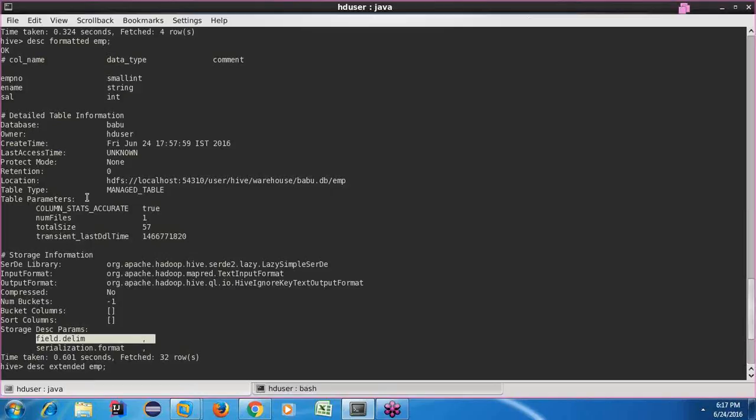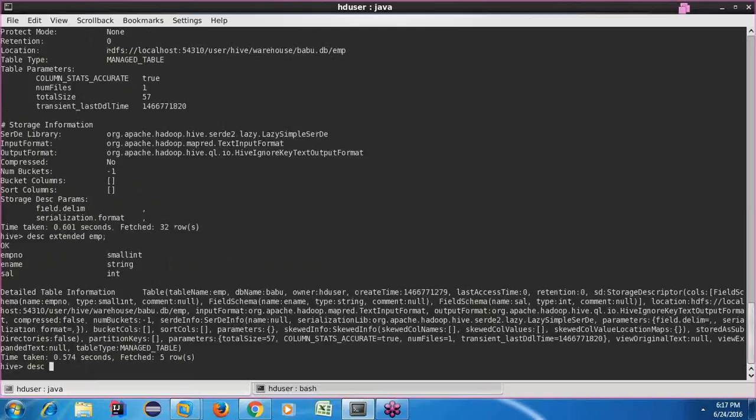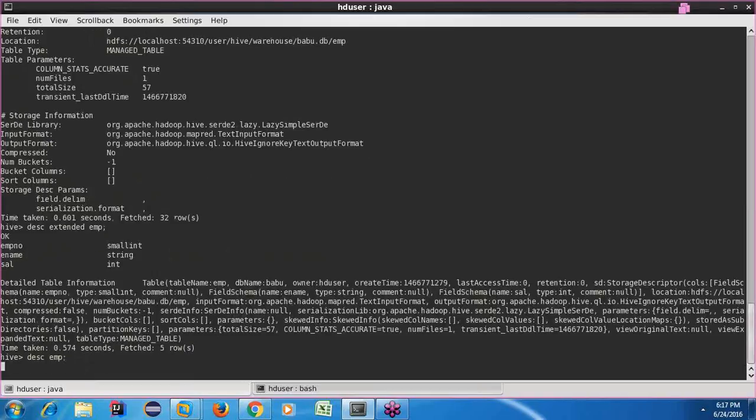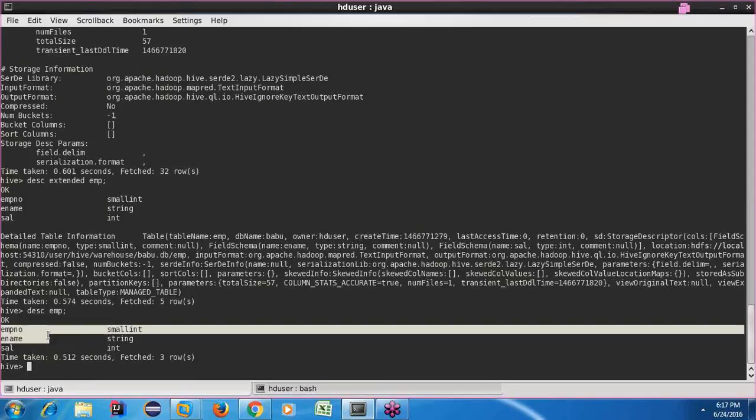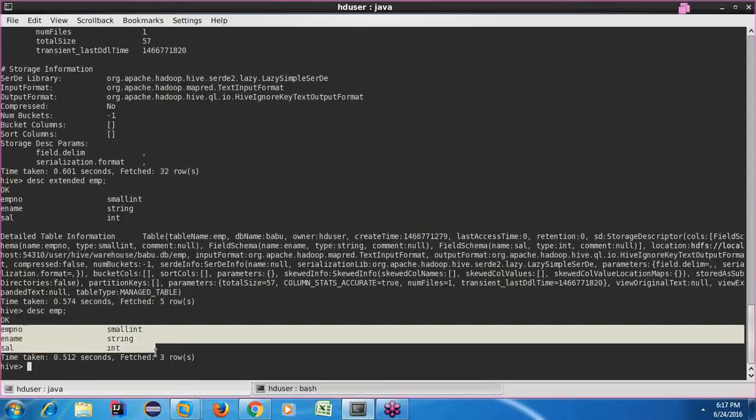If you want to know so much information about your Hive table, this is the best way. In Oracle, people simply say describe table name, right? You get pretty short and sweet information if you use describe emp.